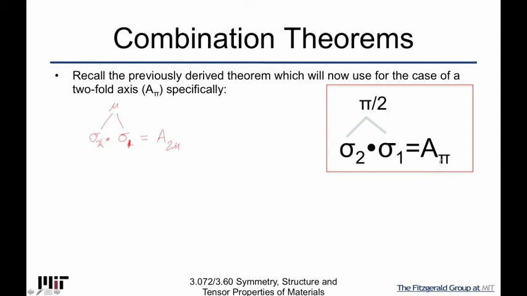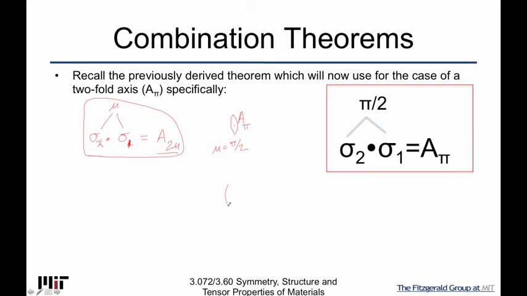This is how we're going to use the theorem if the angle that we're going to rotate about at the end of the day is a 180-degree rotation, then the planes are going to be pi over 2 apart. So in other words, if I use this now, knowing that I have this generic expression, what I've done is said, all right, I have a twofold symmetry axis, which remember is essentially a pi, right? So I know that I'm going to be using a pi, so mu equals pi over 2,